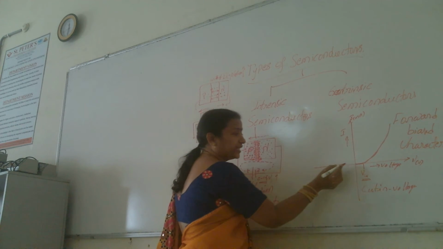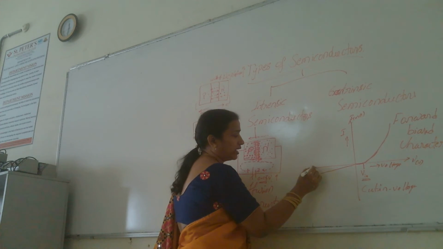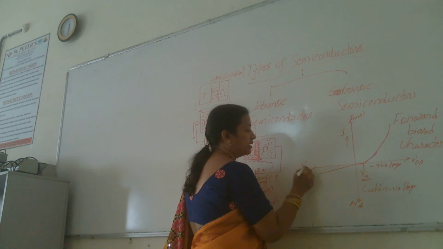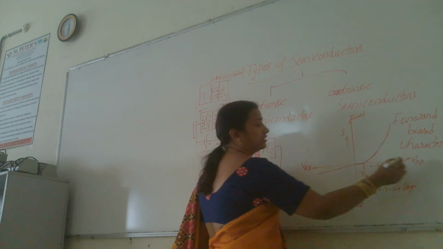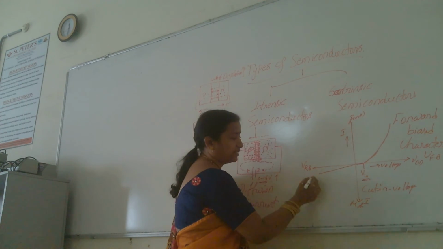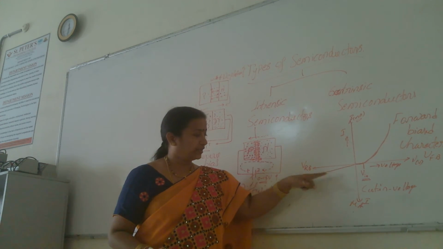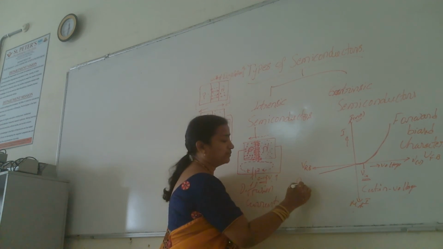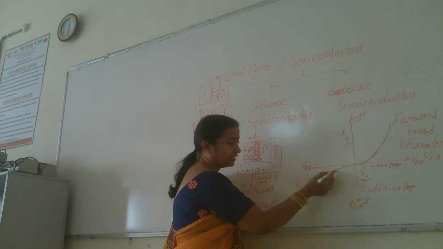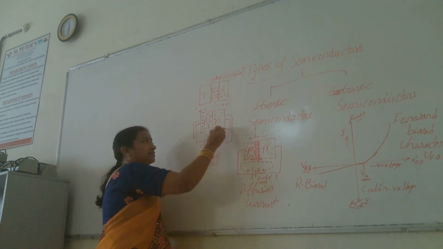The current is very negligible, very low, in terms of microamps. This one is the reverse bias voltage and this one is the forward bias voltage. Current is in microamps in case of reverse bias and milliamps in case of forward bias. These are the reverse biased characteristics: very little current is allowed to flow as you increase the reverse bias voltage across this P and N junction